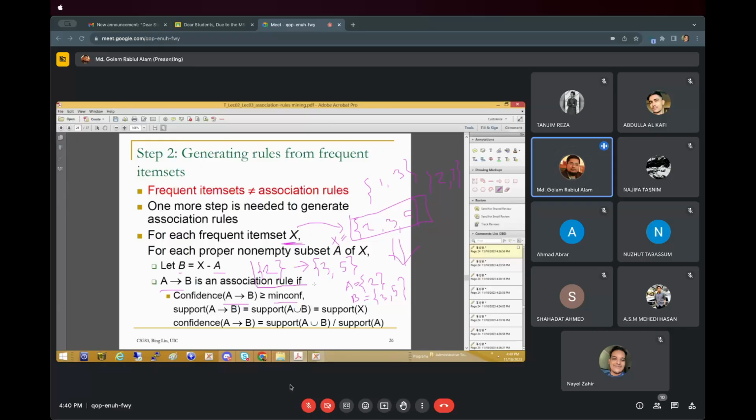This is an association rule, but we will call it a valid association rule if the confidence of this is greater than the minimum confidence. So we have to find out the confidence of that, and we know how to calculate the confidence. To find it, at first we have to find out the support of